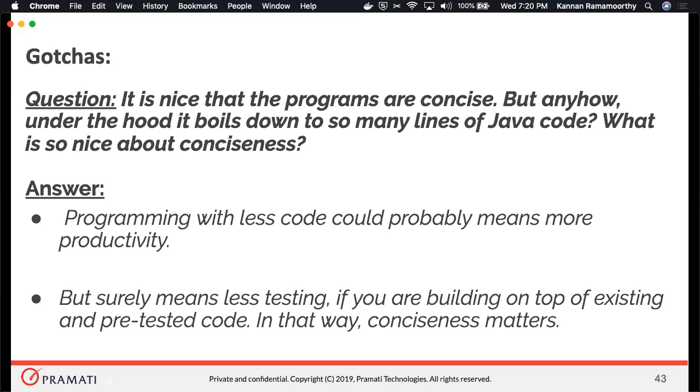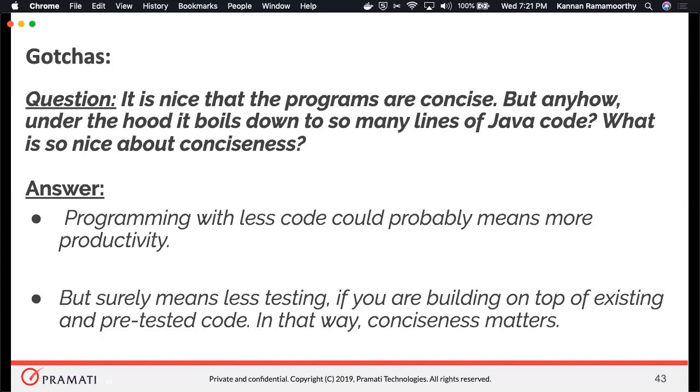And when I say 10 and 100, I tried solving a problem called Conway's Game of Life. Someone solved it in Clojure in 7 lines of code. I tried solving the same in Java. The max that I was able to reduce it to was around 90 lines of code. I wasn't able to go beyond that. So it actually means I have to write more test cases for 90 lines of code compared to 7 lines of code.